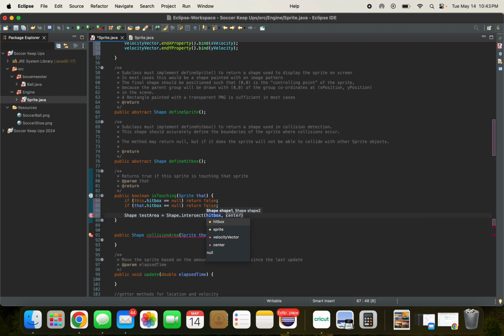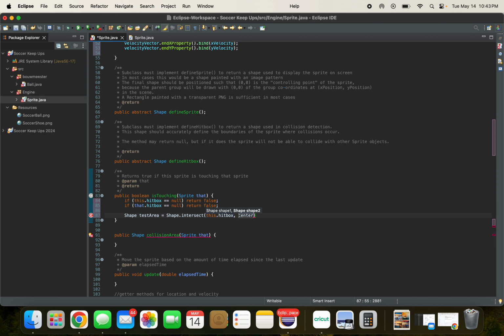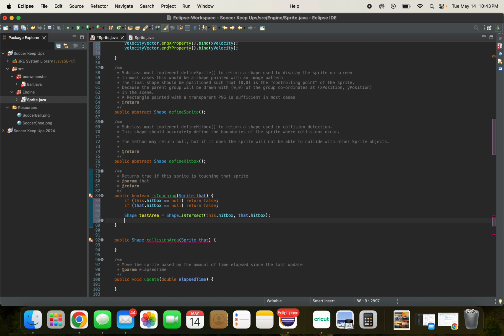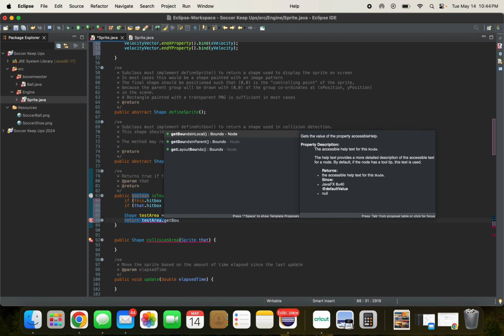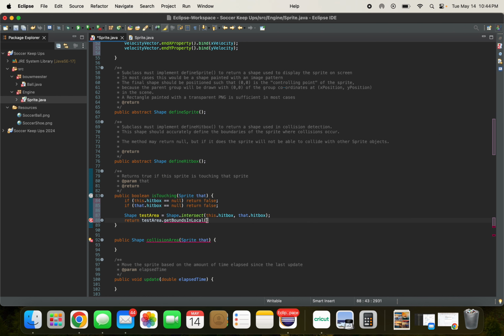It allows me to intersect this hitbox with that hitbox. And if there is any intersection in that, then I can say return my test area dot get bounds. It doesn't really matter if I say get bounds in local or get bounds in parent. I'm just going to use the local. Get bounds in local,